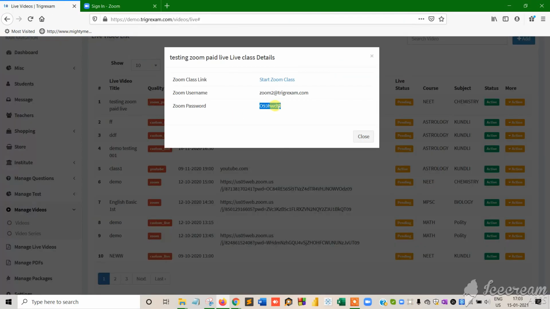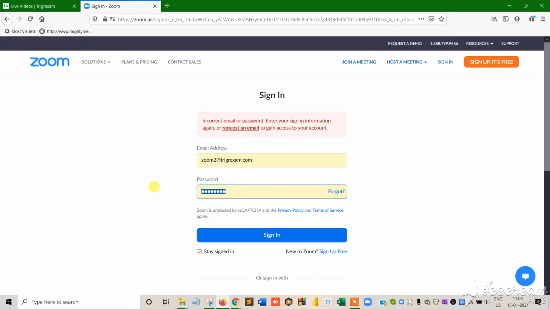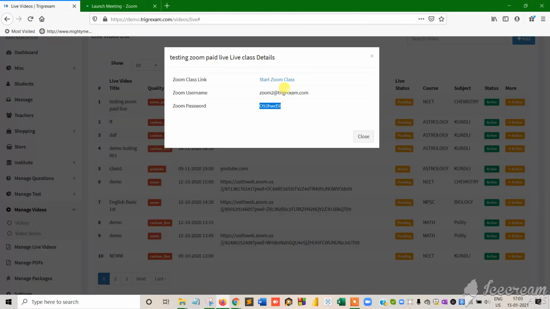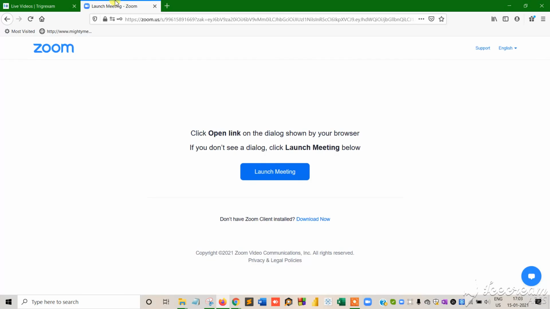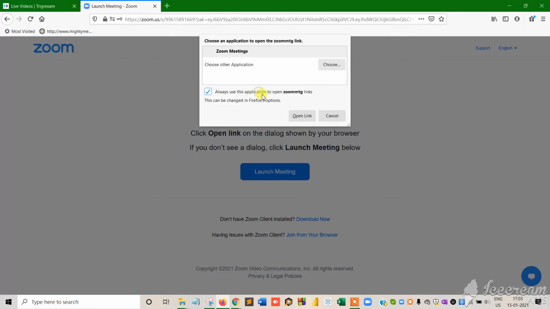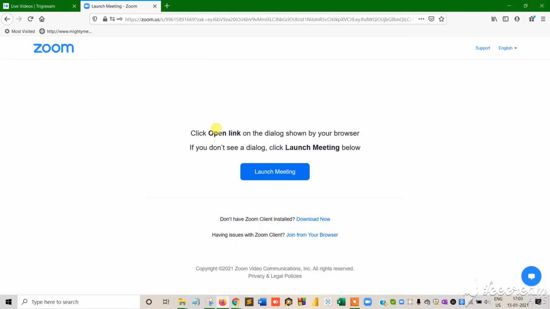I think this password is not correct. Let me put the one which is shown here. You have to use this username and password always. This is the username, this is the password to sign in with the paid Zoom. Launch meeting. Okay, open link.